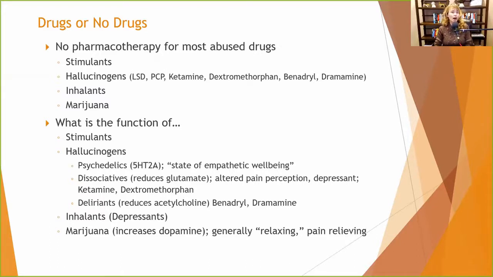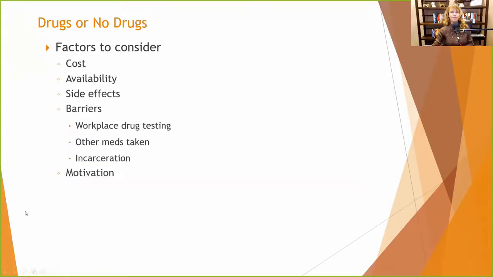We want to look at why they're using it. Factors to consider when you're looking at, do we consider pharmacotherapy? Cost. Now, my little soapbox here. If a patient needs medication,